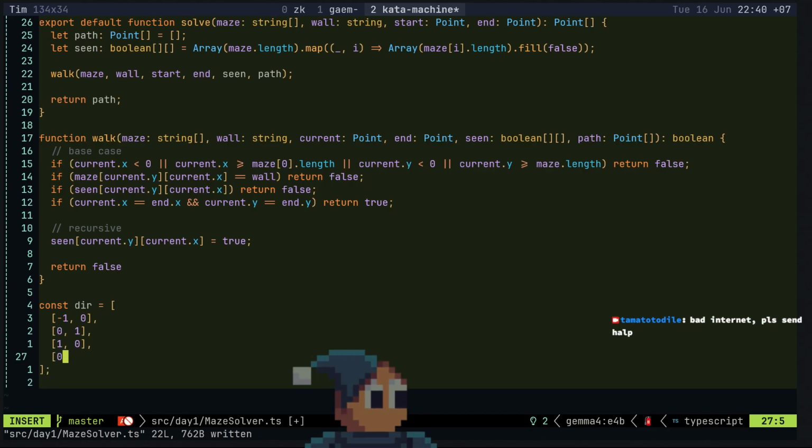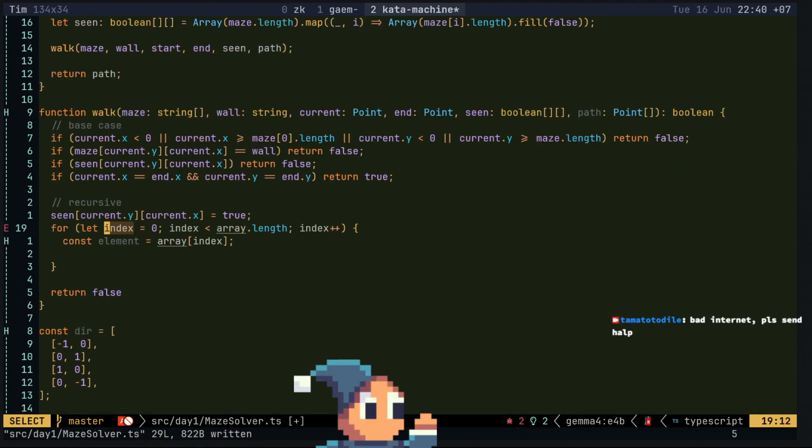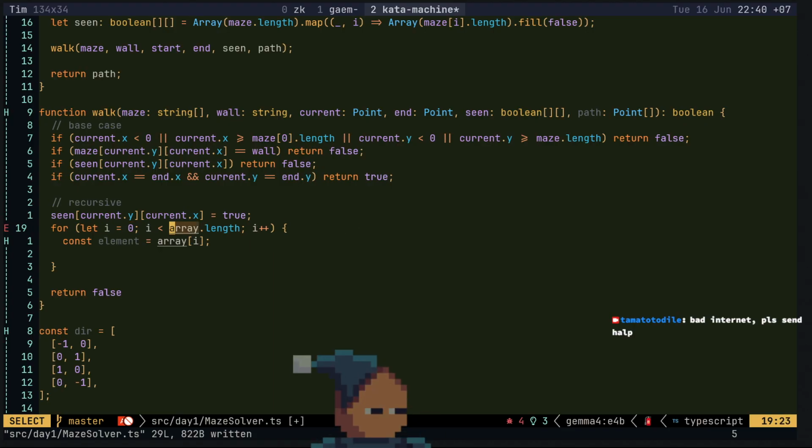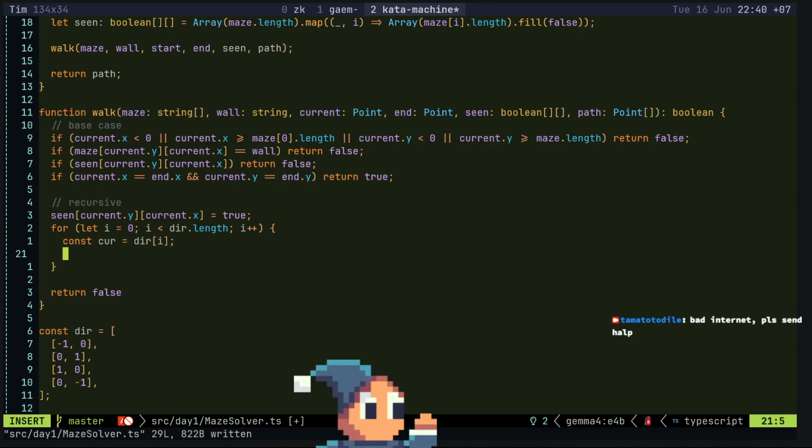Down. So we're gonna loop over that. Length. Current direction.